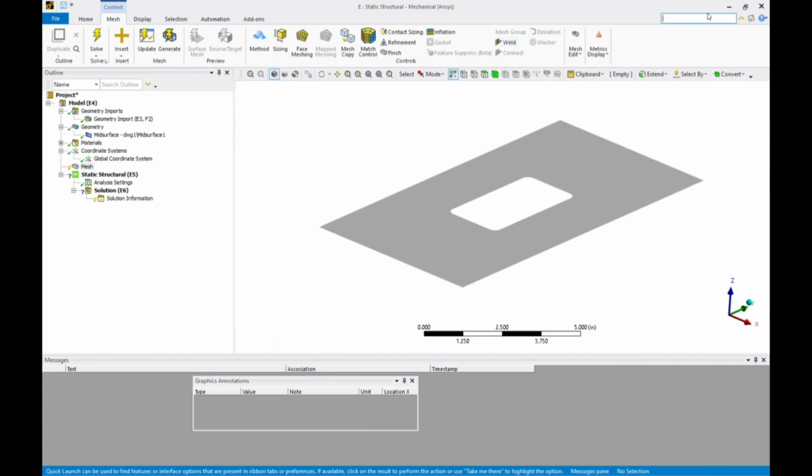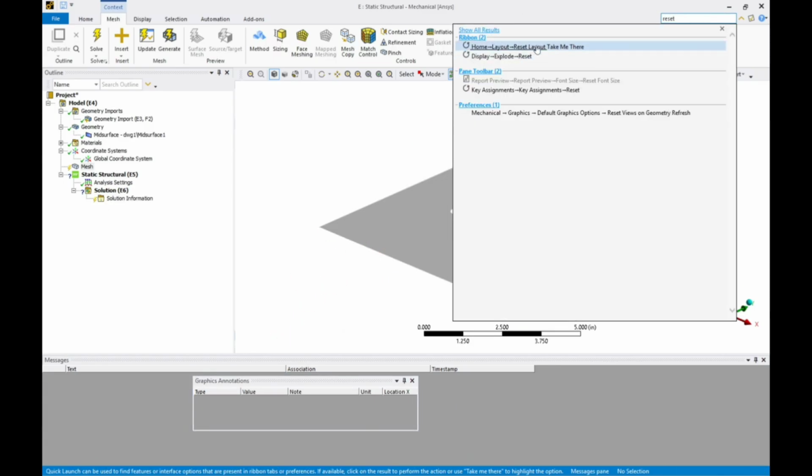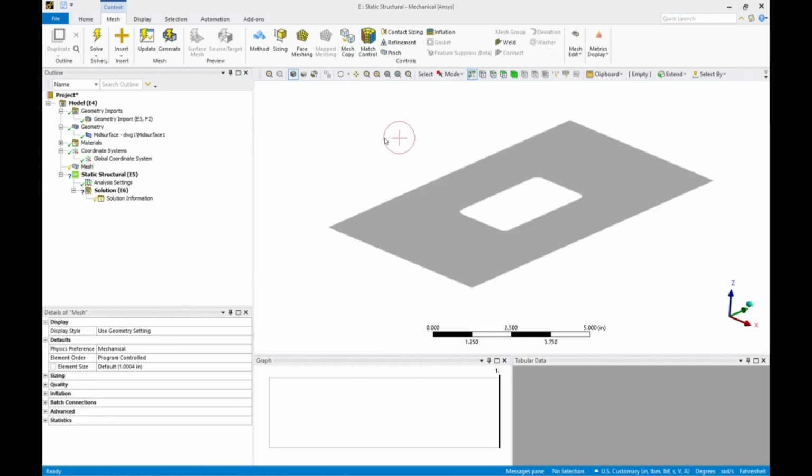My layout here is a bit weird. What I'm quickly going to do is click reset layout, and you can do that in the top right, quick launch. That just lets everything go back to how Ansys had it by default. I don't know why some of the stuff in the bottom left here was a bit messed up, but see,